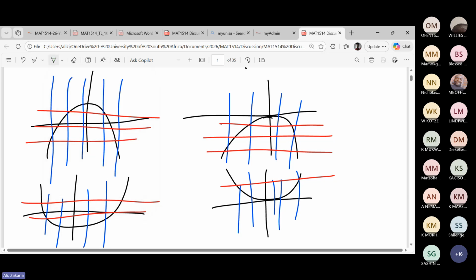So, okay, let me see if I pick an x value. You see this one here is the x-axis. So if I pick an x value, it doesn't matter in which graph. If I pick a y value, let's say for this y value here, the y value is this one that is